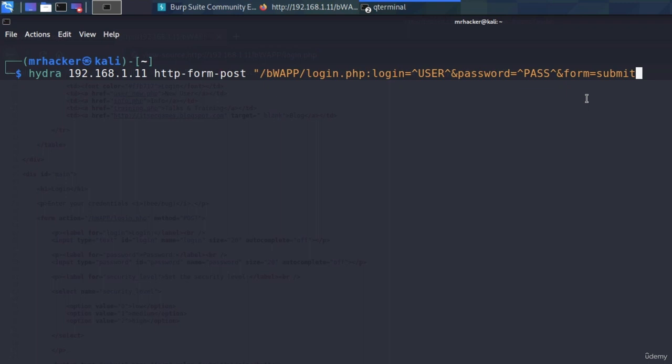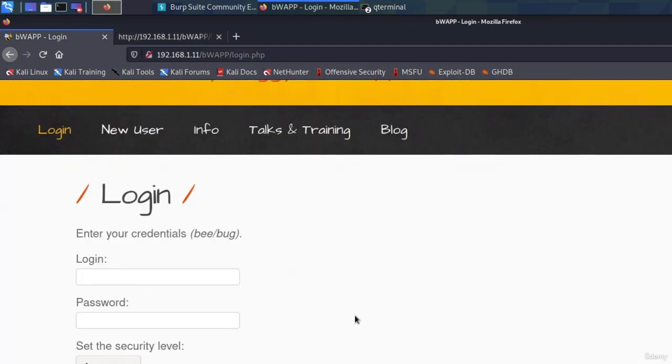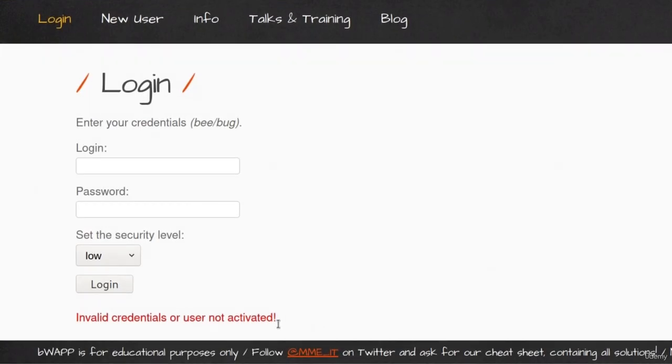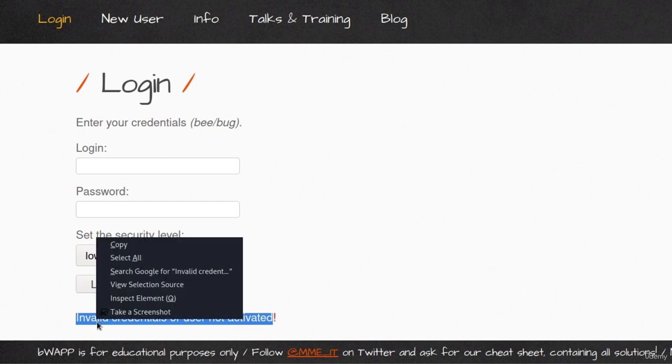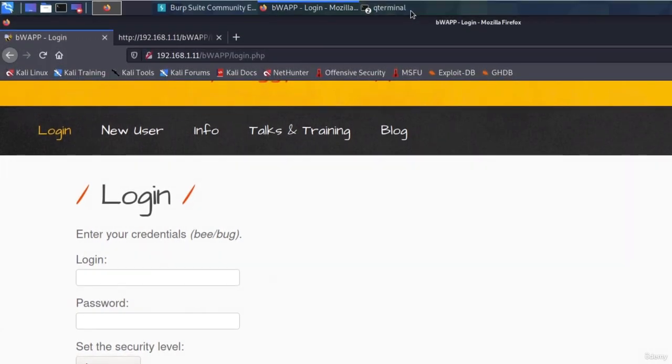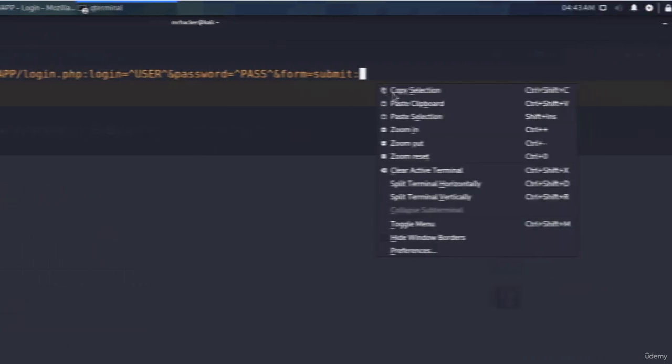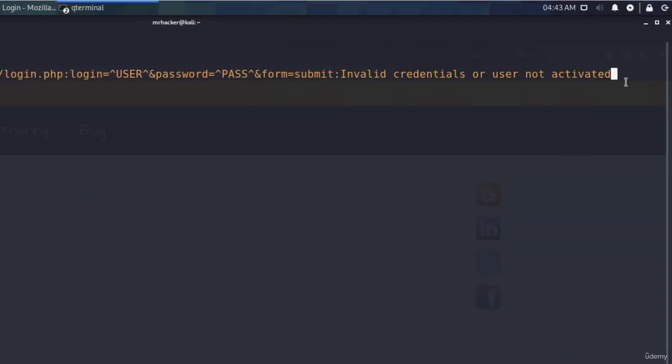Now that we've finished with the second part of this command, we can go on to the third part by separating it with two dots once again. And we need to type the string that we get once a password is incorrect. And we have it right here. We can copy it, invalid credentials or user not activated. Let's copy that string or that message and we can paste it right here. Once you do that, you want to close the double quotes, and at the end, we specify the usernames list